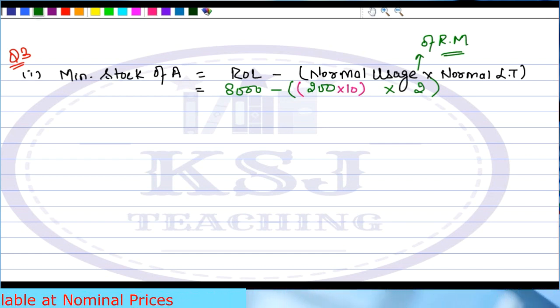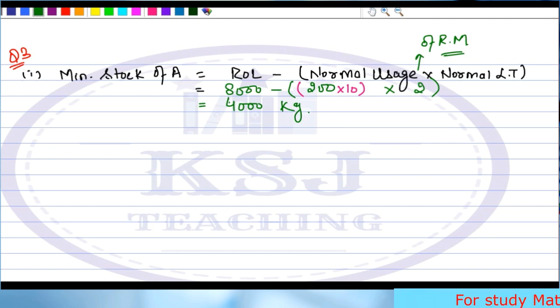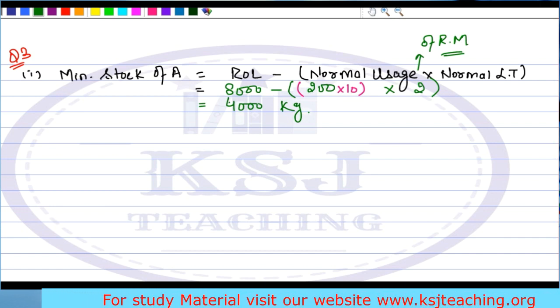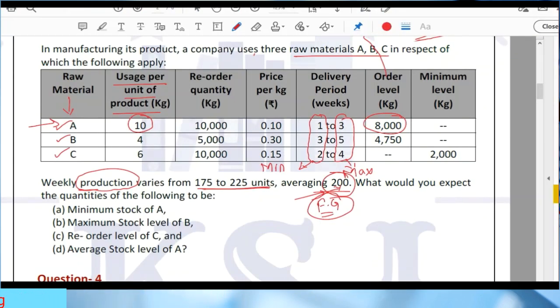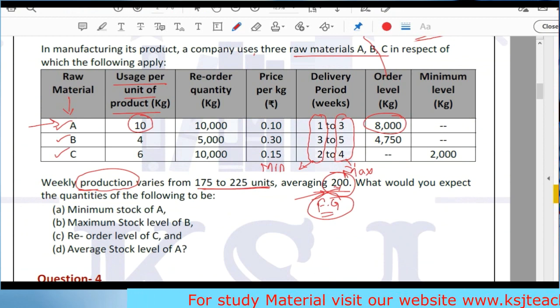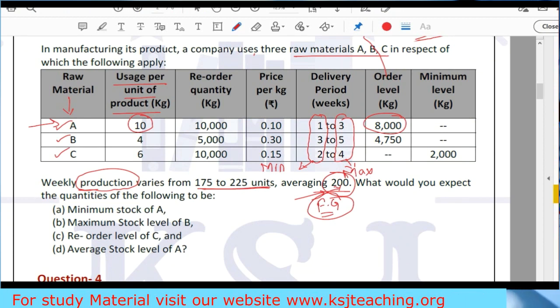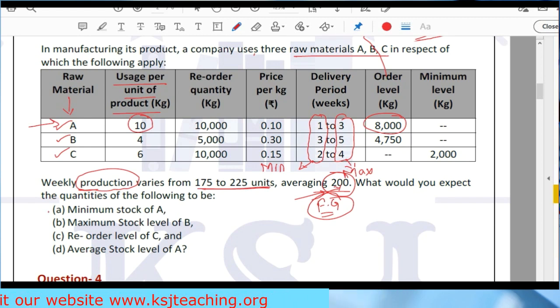Is that clear? So this is where you have to be very careful. And guys, I tell you, in the examination, this is one point where the institute will try and test you. That's why I have picked up this question. Majority of the people will do it wrong if you are not conceptually clear. They will take 200 multiplied by the lead time. Sir, this 200 is the average of finished goods, not the raw material, right? So the first part is done.